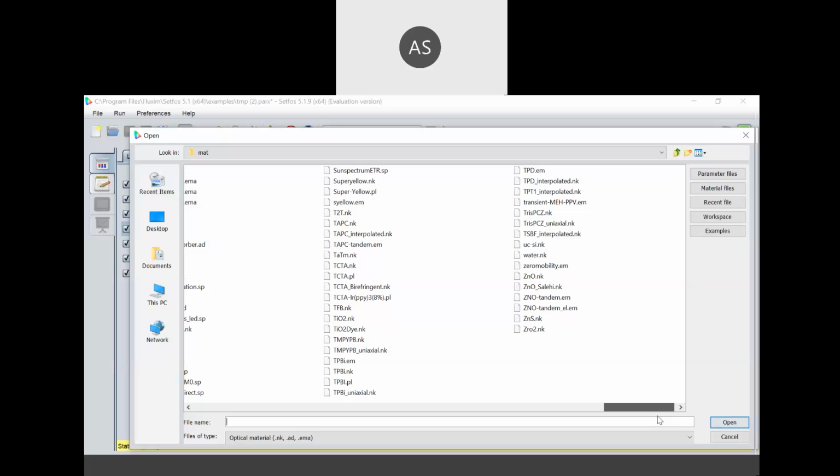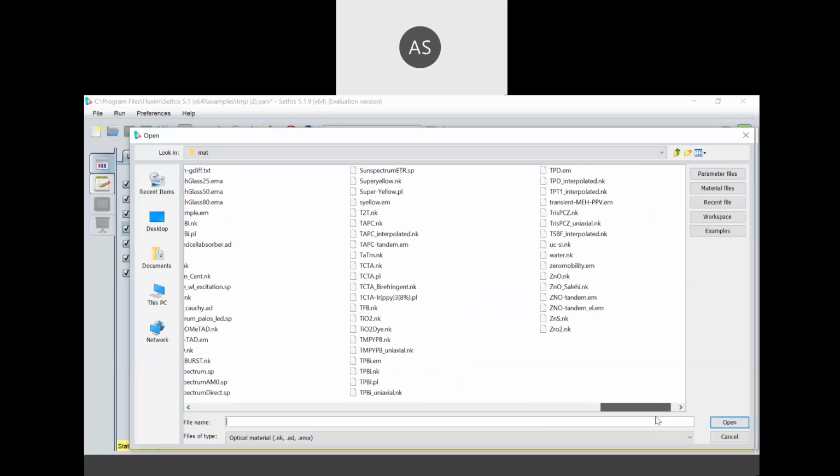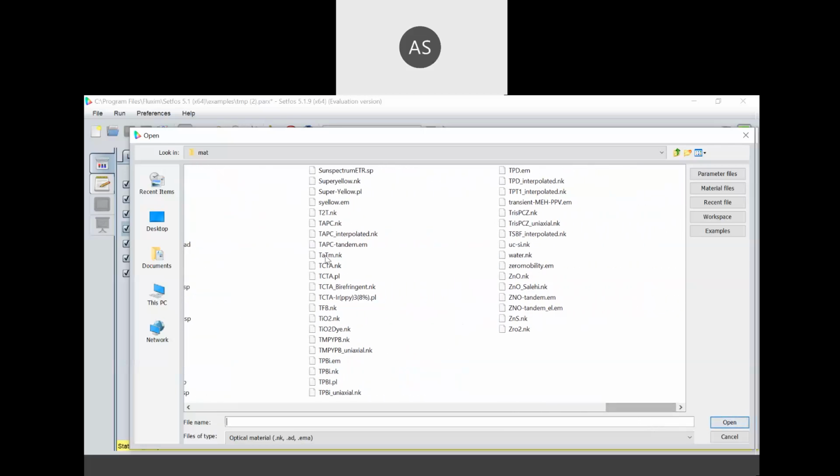I select the material from my database, and I click on open.